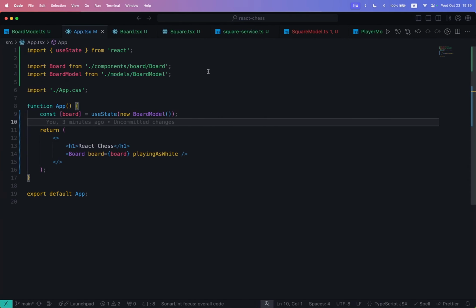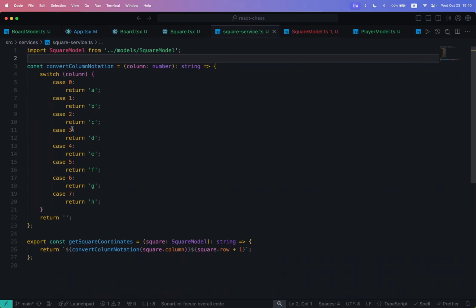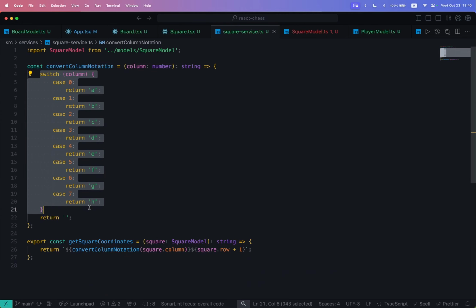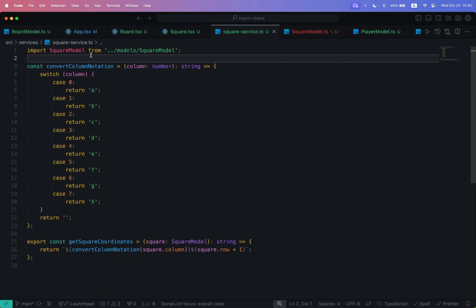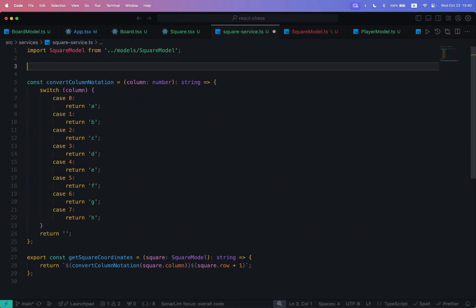This notation that is being printed on the screen, we have a function called convertColumnNotation, which, if we look, is not the best, right? As always, as good developers, we should always look for places in our code that we can refactor and make better. So instead of creating this switch, I want to use a map to map each of these values. Instead of doing the switch, we're just going to have one variable,